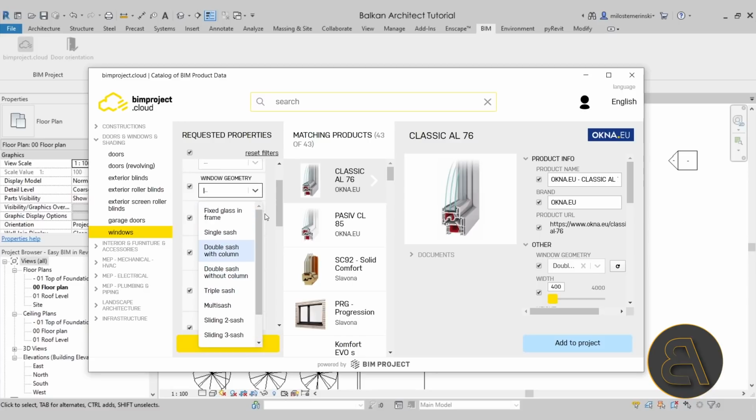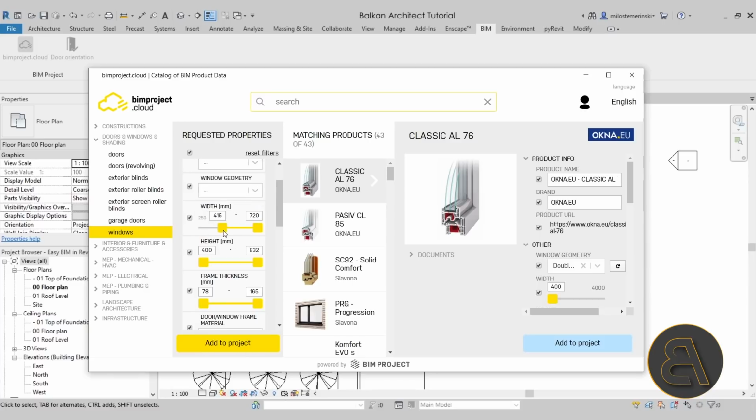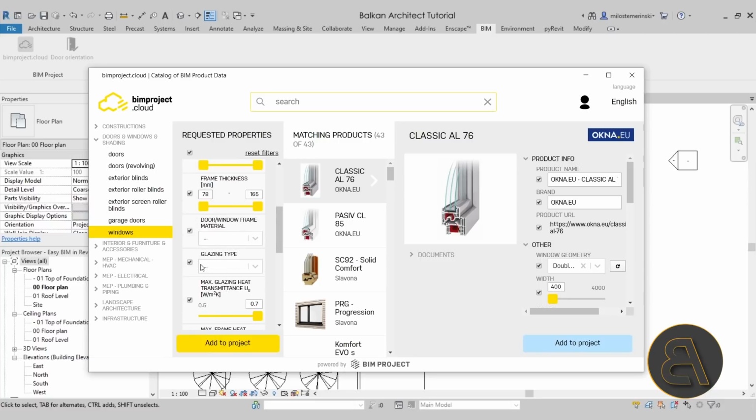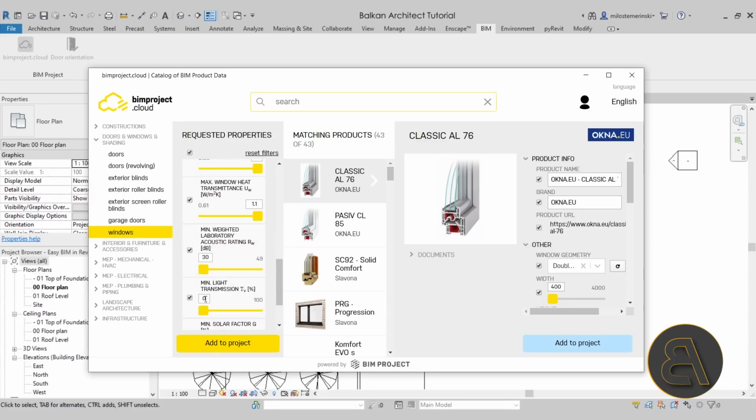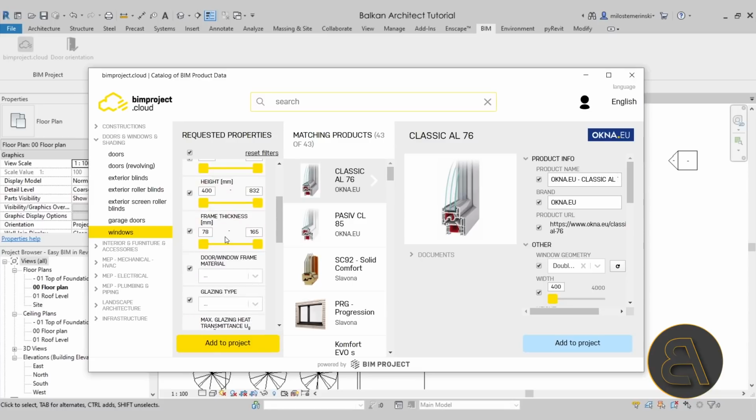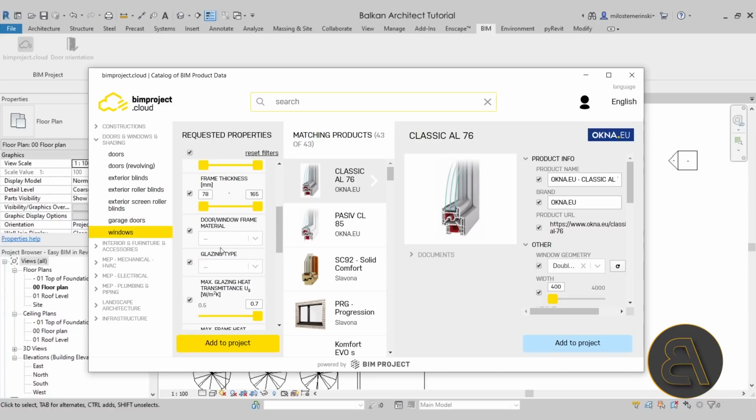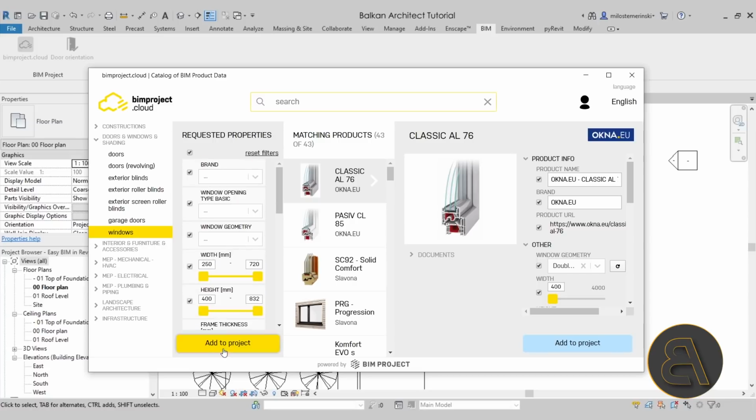You can choose from all of these, and of course we have the width, the height, and the frame thickness, and also of course the material, glazing type, and so on. As you can see, we have many properties that we can use and insert. Now at this point I'm just going to leave everything as is, and then I'm going to click add to